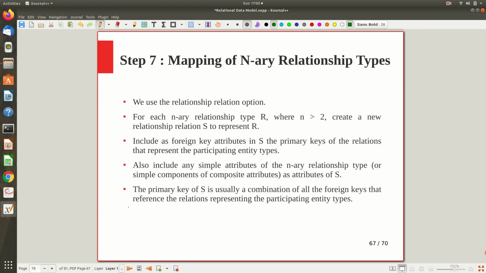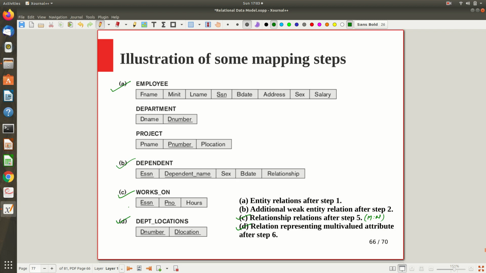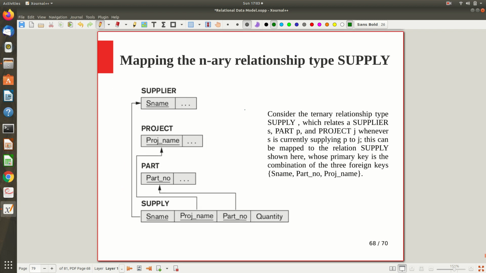corresponding relational model. Now one more last step, but it is not an obvious thing. Mostly we are dealing with the binary relation only. Now suppose you have an N-ary relationship, what do you have to do? For example, hope you remember what it was. So that mapping is shown here. Hope you remember this relationship. Something I took as an example for a ternary relationship, and it was that